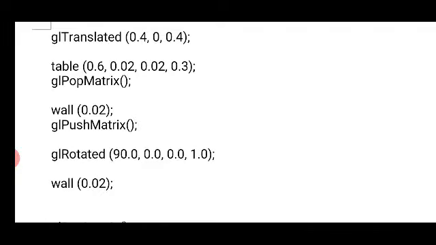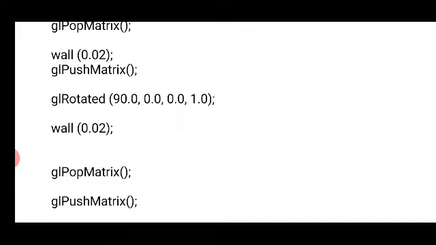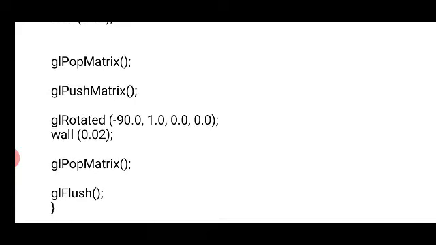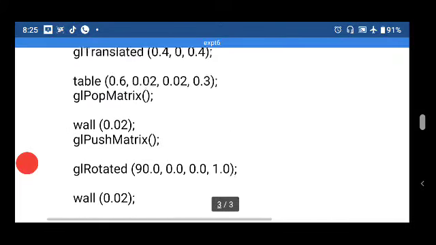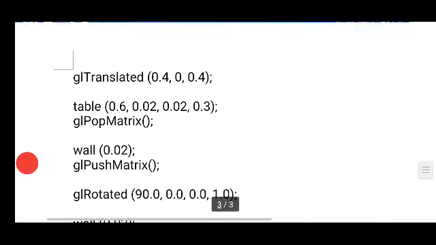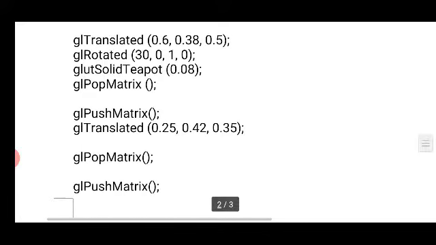Similarly we are going to draw a wall with thickness 0.02, and then we are going to rotate the scene by 90 degrees, meaning the angle between two walls is 90 degrees. Then we are going to draw the second wall. Now after drawing the second wall we are going to draw the basement, that is minus 90 degrees, and then we are going to draw the table.